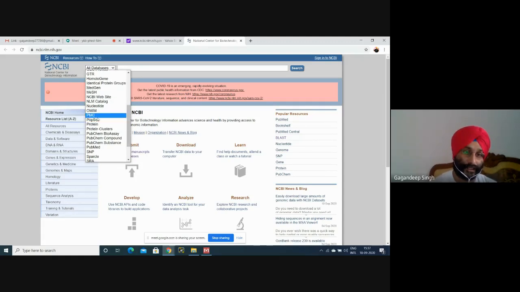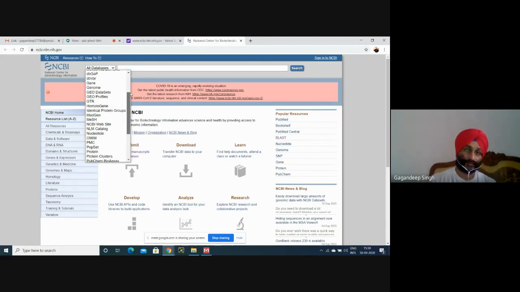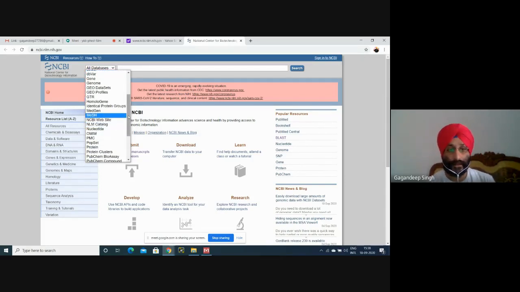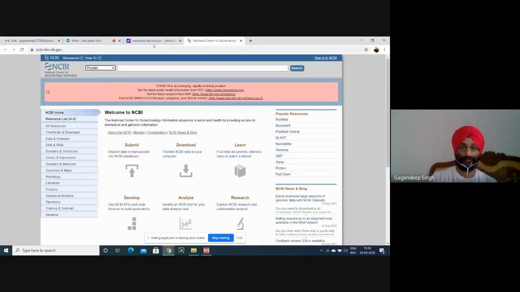Somebody is selecting proteins, somebody is selecting nucleotides. Okay, right now I'll select protein. It's your choice what organism you want to select for any sequence. Okay, and how to select?